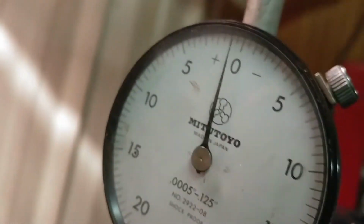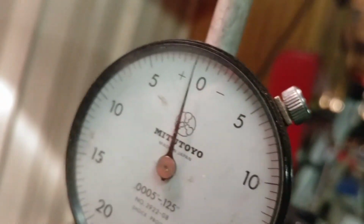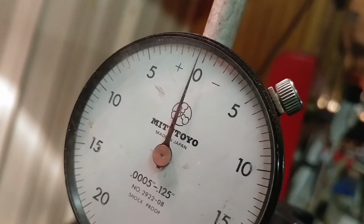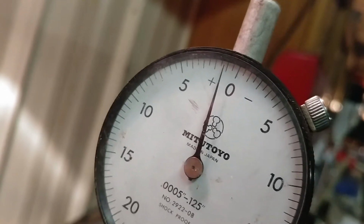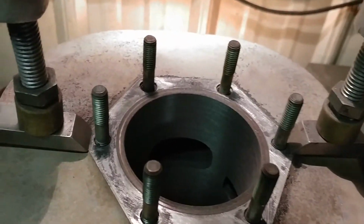You can see, so my final size, maybe about 2.5 thousandths. Final size should be right there, 3 thousandths piston clearance. So it's still undersized by about 2.5 thousandths, which is good. That's what you want to have. You want to be able to hone finish this, because I don't know if you can tell in the video